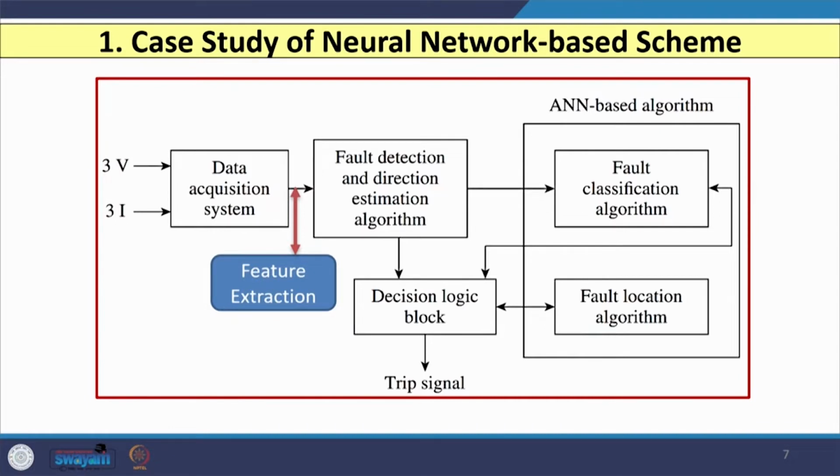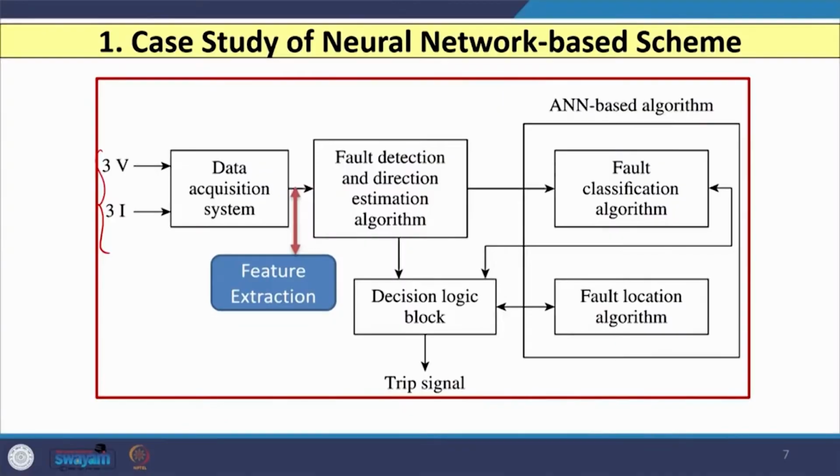So, here you can see that the data is acquired by a data acquisition system. We have continuous data, acquired at, let us say, 1 kilohertz or 2 kilohertz or 4 kilohertz sampling frequency. So, we acquire voltage or maybe current or maybe both data continuously. We can go for a sliding window or moving window concept, and then if required those data can be